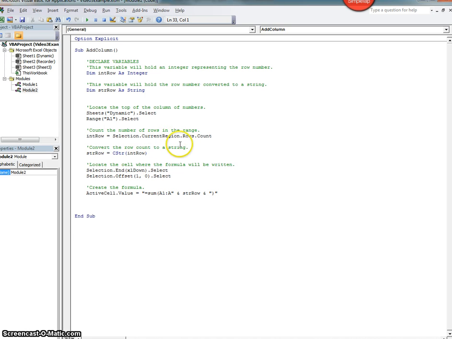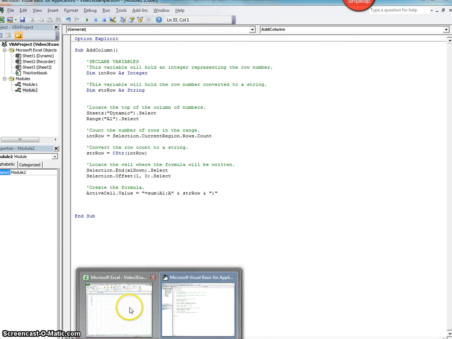So that's the current region. And then in the current region, I want to know how many rows. And so we do this, rows.count. So this will return to me a number that is how many rows are in that current region. You can actually do this with your own